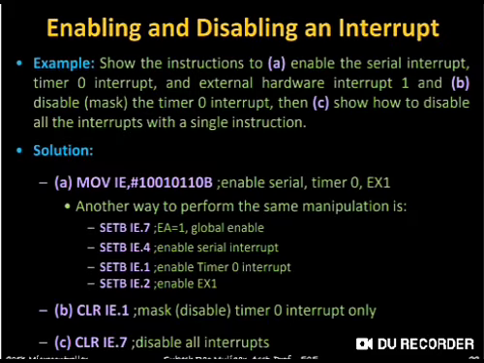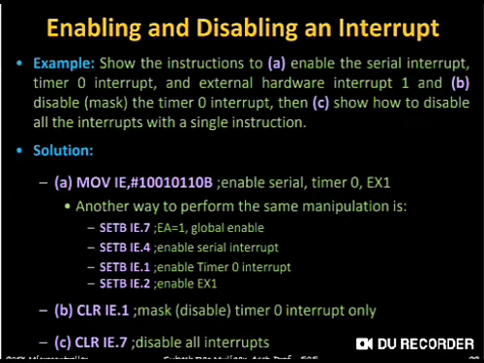Here is an example of how you can enable or disable an interrupt. If you want to enable a serial interrupt, a timer 0 and an external 1 interrupt, we can see how this can be done. The question is: show the instruction to enable the serial interrupt, timer 0 and external hardware interrupt 1. What value should be loaded? The solution is MOV IE, #10010110B. You have to look back at the bit description of the IE register,